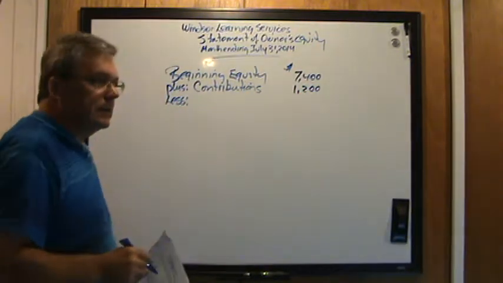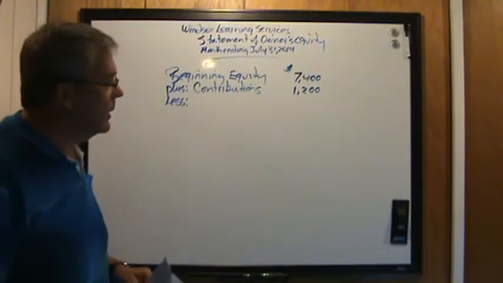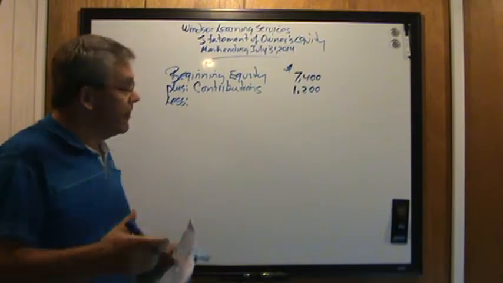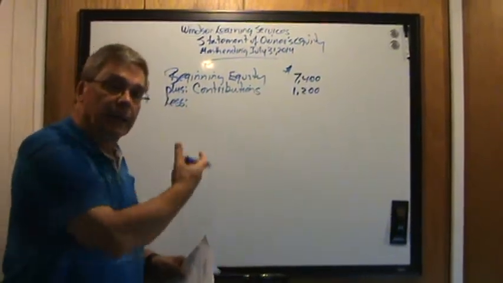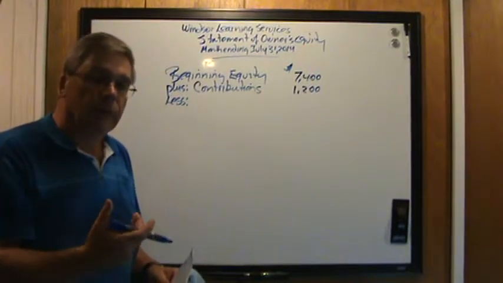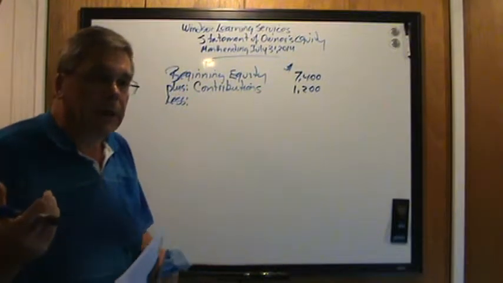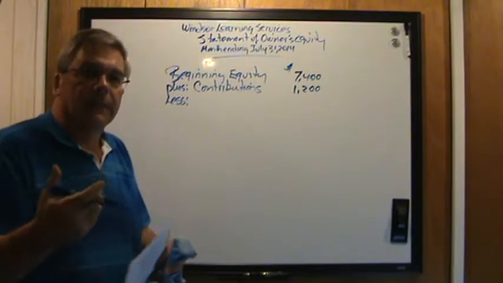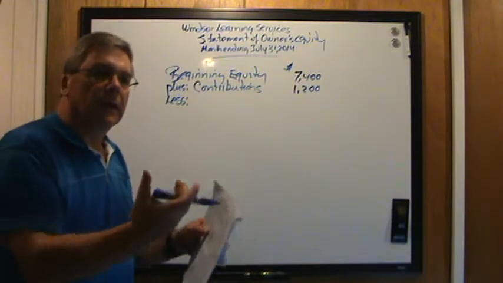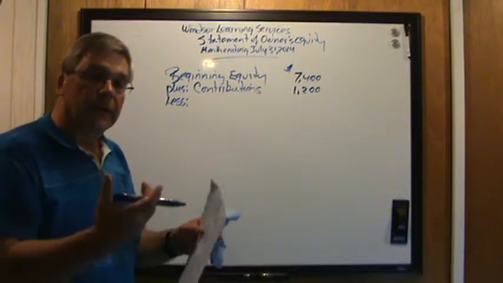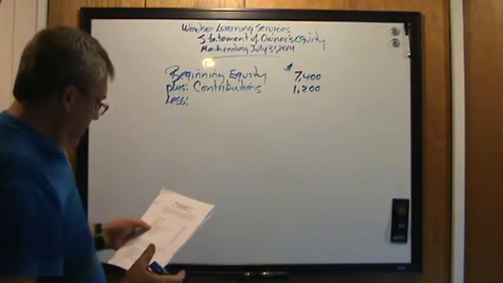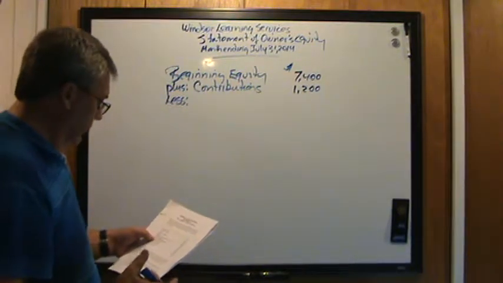Also, you subtract any drawings that the owners might have made in the business during the year. In a sole proprietorship or a partnership, this is how the cash and money is taken out of the business by the owners. It's only done by drawings. They can't claim their wage as an expense on the income statement. So they claim cash in drawings, and it comes directly out of equity. So in this case, we had withdrawals of